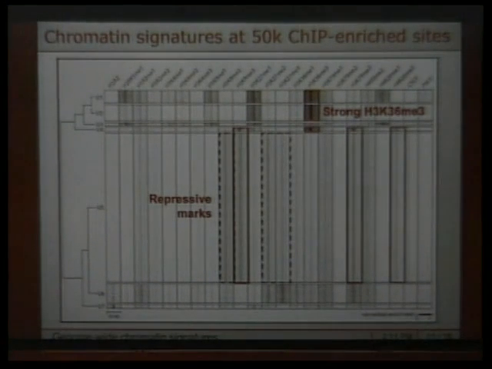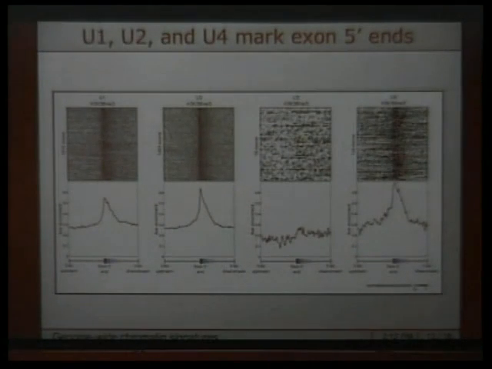We noticed that 90% of U1 and U2 are actually inside gene bodies, and that 50% were located near exons. So to see if there's a chromatin signature at exons, we then looked at these overlapping exons. And we can see that for U1, U2, and U4, there's a very strong enrichment of H3K36 trimethylation right at the 5' end of the exon, and that this decreases as you go into the body of the exon. And U3 is the negative control that doesn't have any enrichment. And so looking at this, you can say that there is indeed a chromatin signature marking the 5' ends of